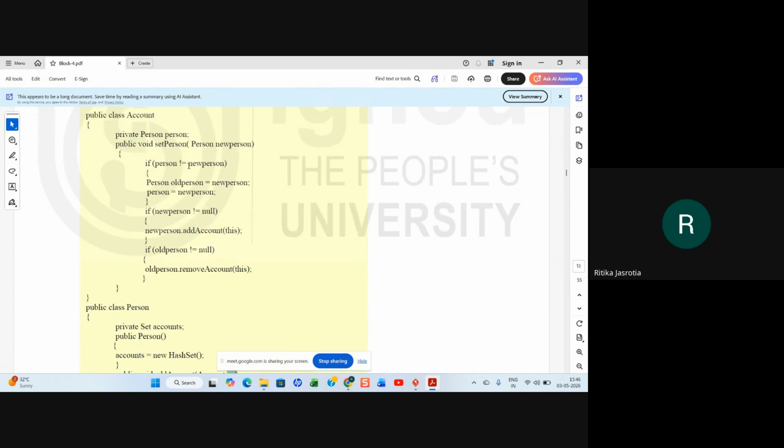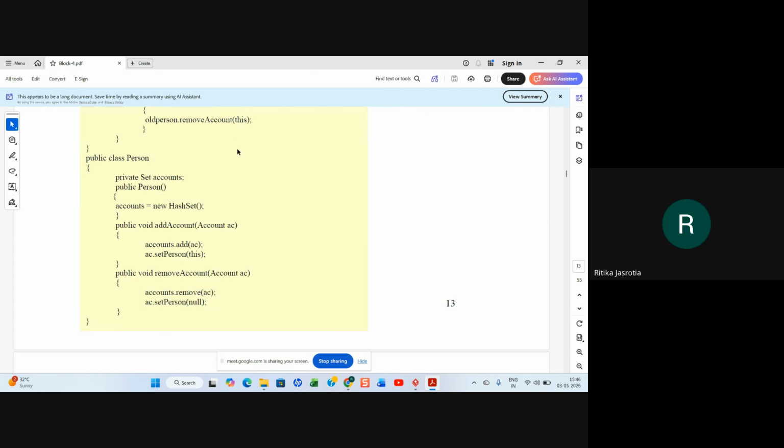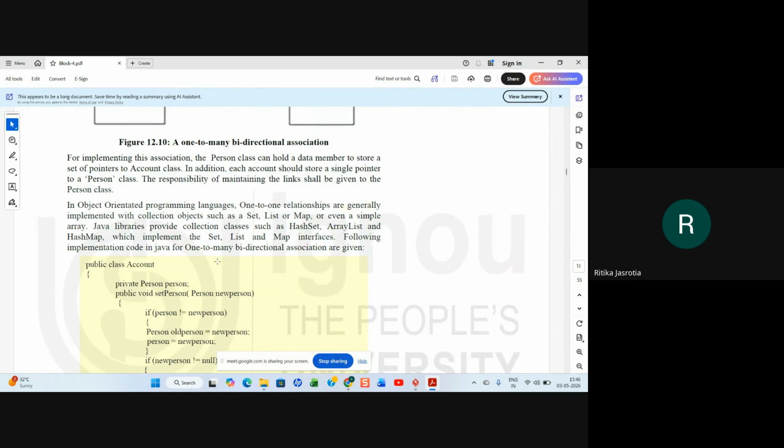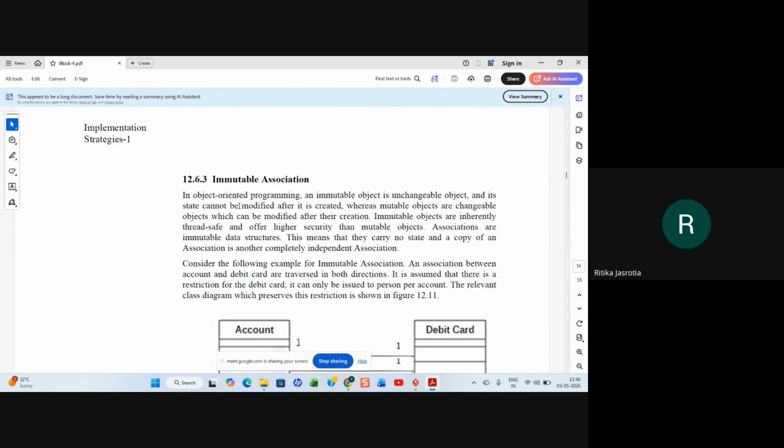So you are setting the person, you are adding here and setting this person to this account, and you can also remove the account like this. This is how they have implemented it with a set of accounts. So hash set they have used to store the accounts. That is what they are showing you by one to many bidirectional association, right?